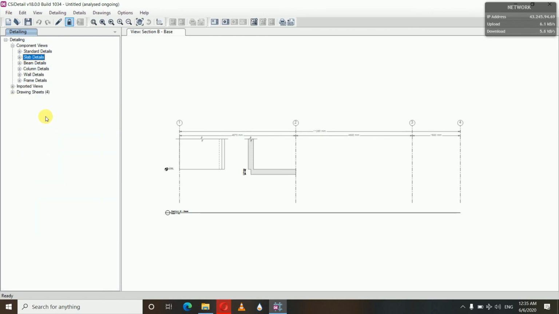So up to now we have seen the detailing of beams, columns and slabs using CSI Detail, but the analysis should be done in CSI ETABS. If you want to see the ETABS tutorial videos, you can visit my channel. You will find all the videos there, from the introduction to how to model the building, how to apply load, how to analyze the building, and how to design it. And now I have completed the detailing in ETABS using CSI Detail.